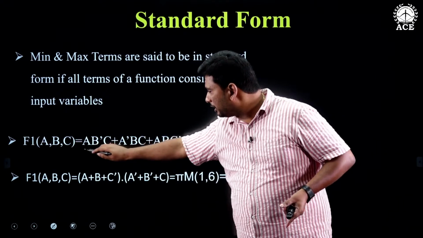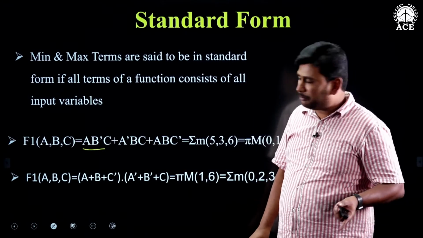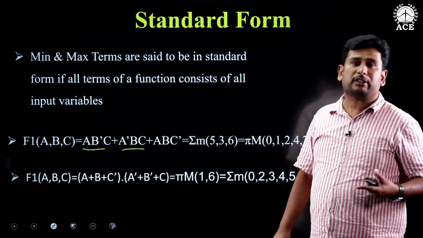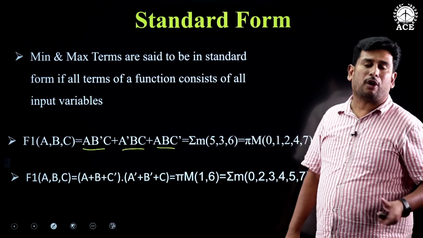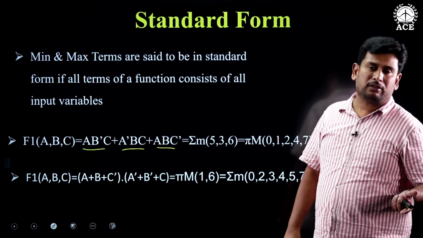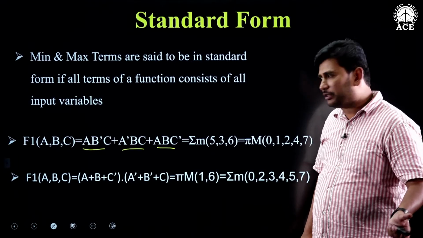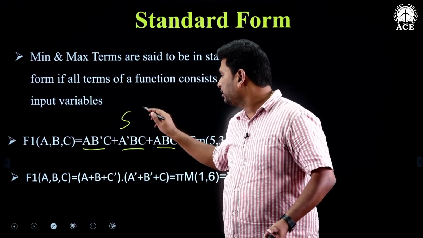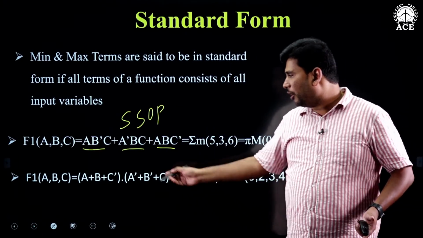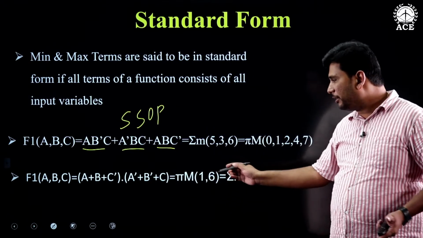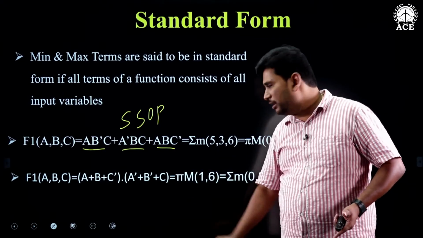So your first product term has 3 variables, the second product term has 3 variables, the third product term has 3 variables. So if all your product terms have all the 3 variables of your function, then that is called standard SOP. Similarly, if all your sum terms in a product of sums have all the input function variables, then you call it